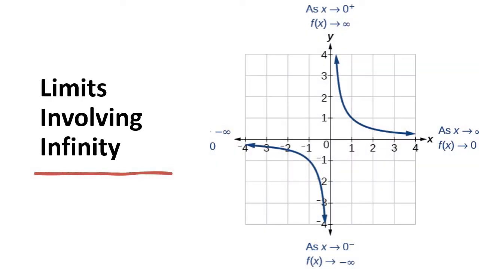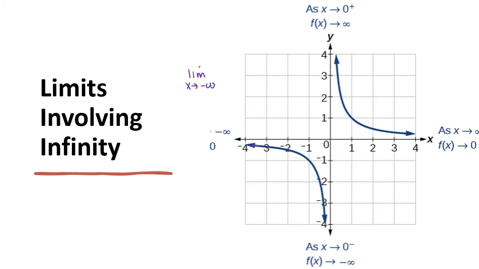You may recall learning about vertical and horizontal asymptotes in college algebra or pre-calculus, especially when dealing with rational functions like the one that's graphed here. We can actually use limit notation to denote these types of asymptotes. So let's do this. If we were looking here at this, we could say the limit as